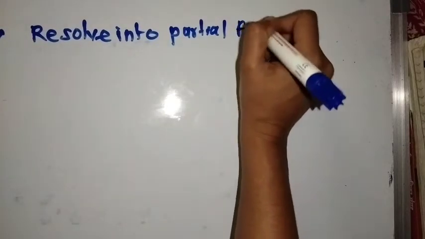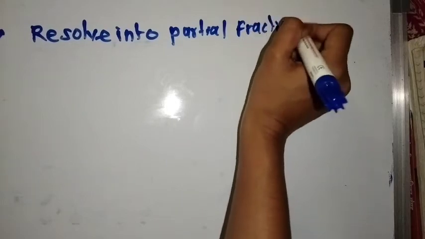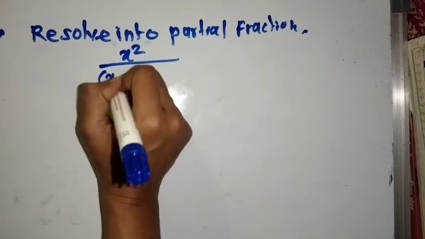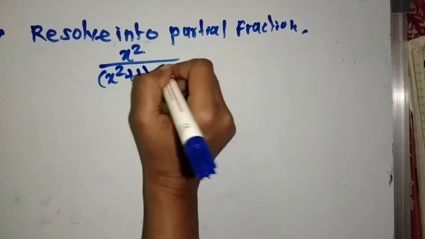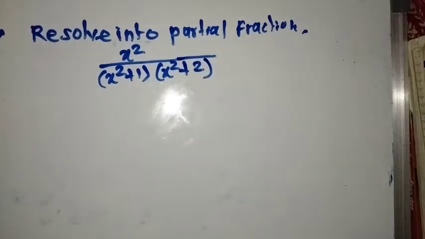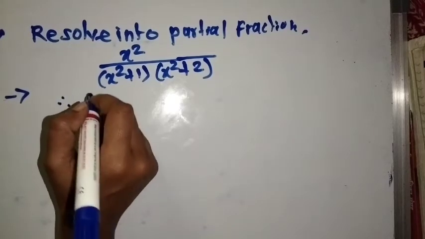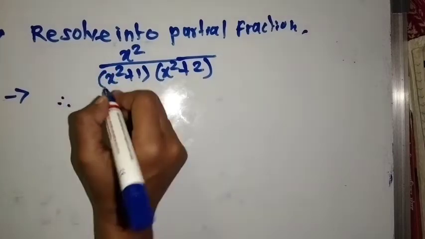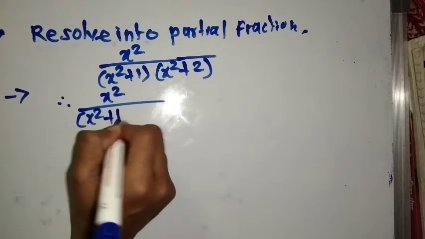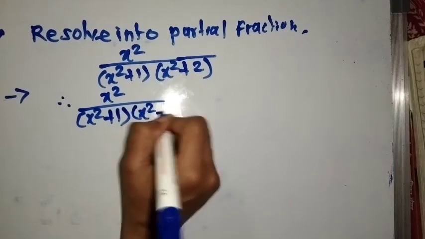Solve into partial fraction x square upon x square plus 1 into x square plus 2. First, the given partial fraction, x square upon x square plus 1 into x square plus 2,